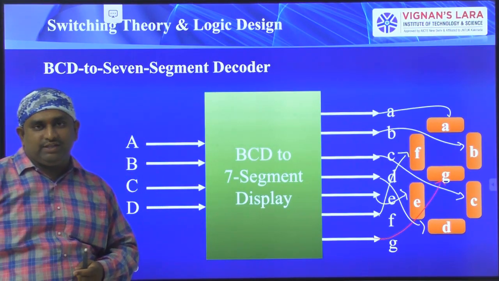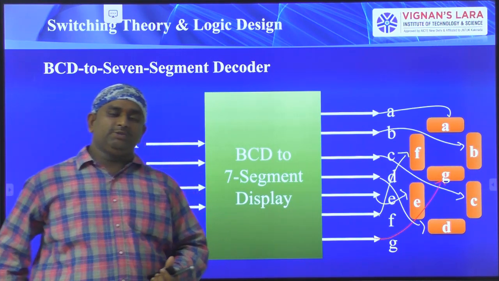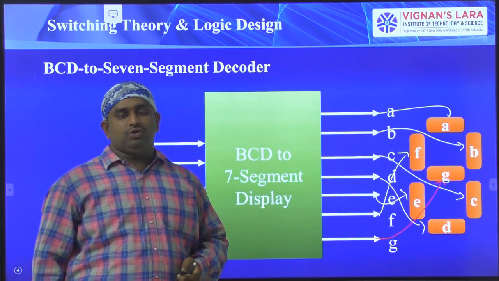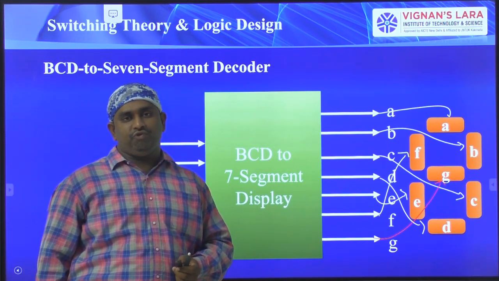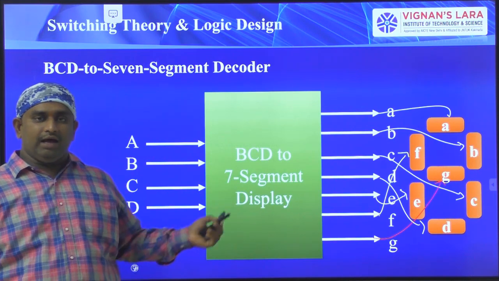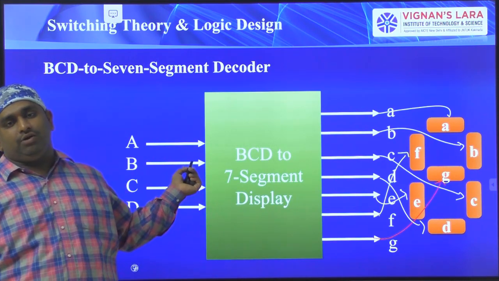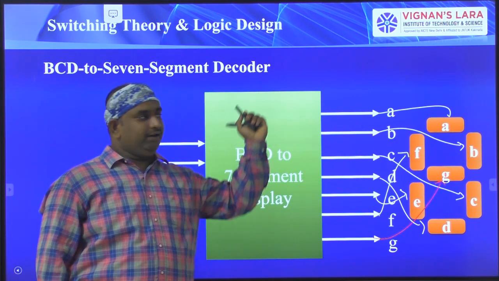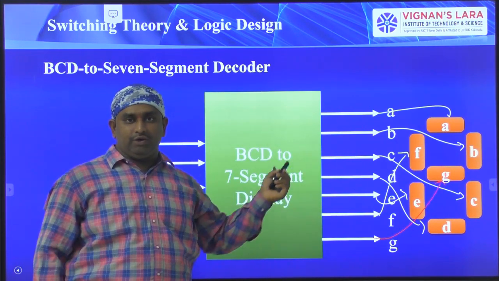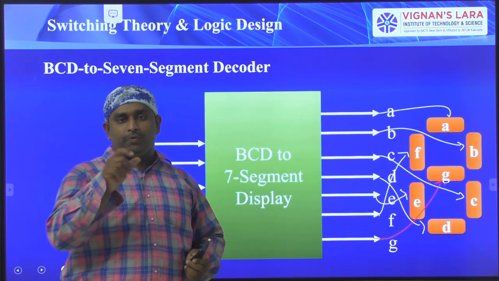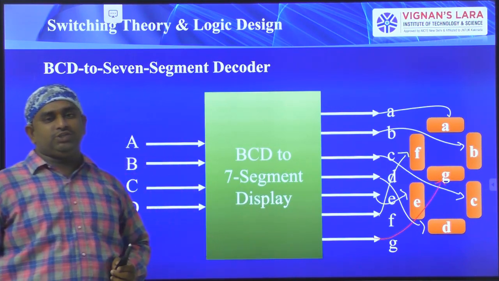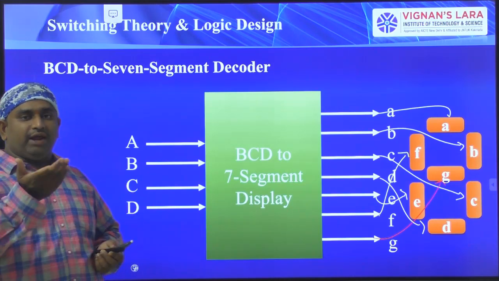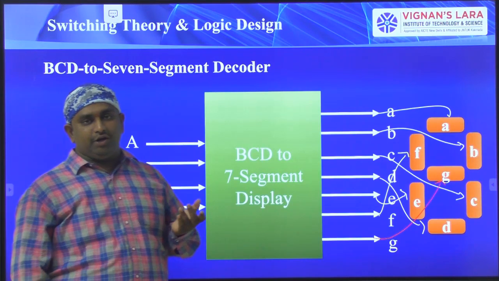In the next class we will see one more converter, that is binary to gray converter, otherwise gray to binary converter. That is also something I am giving as an assignment for you. So you have to finish that one. Anyhow, I will show its working process. I will show the table. On the left side you have to draw the binary, on the right side you have to draw the gray code. For each gray code output you have to write down the functionalities with minterms. Then you have to draw the K-map, and you have to analyze the finalized Boolean functions. That is the binary to gray code converter.